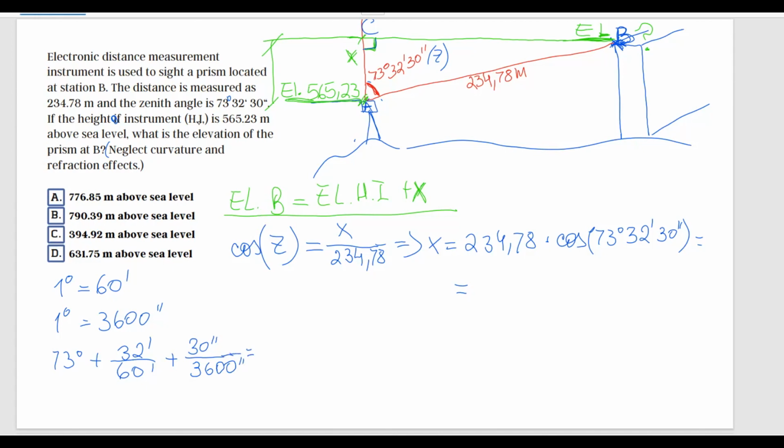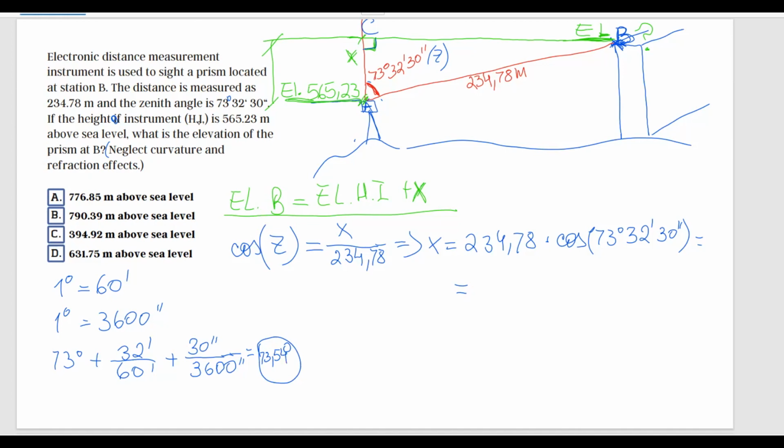And now if you do this calculation, you're going to have a value in degrees. So the angle I get is 73.54